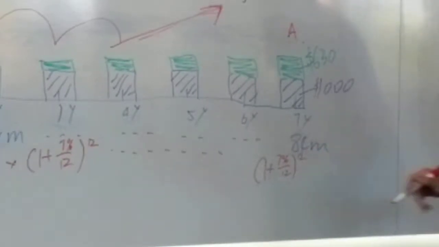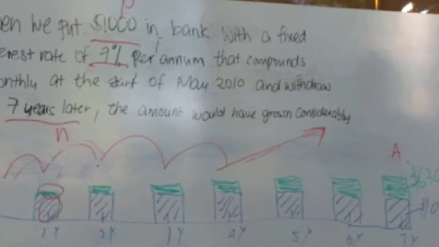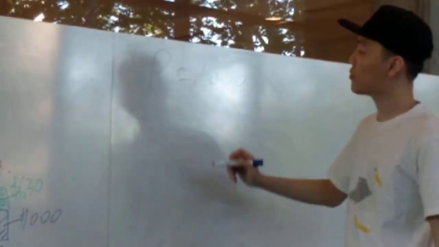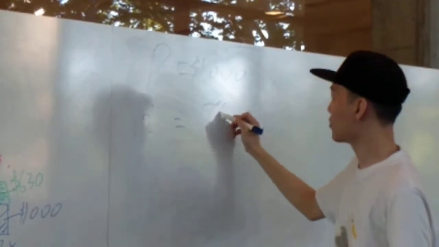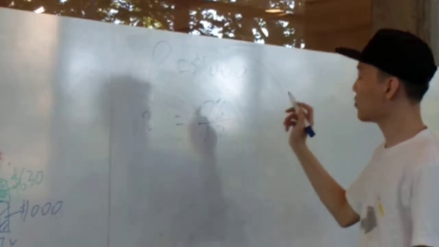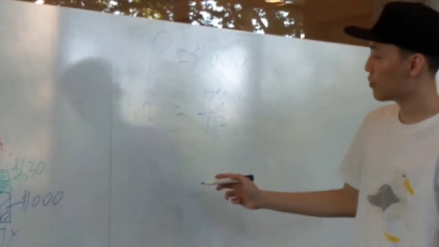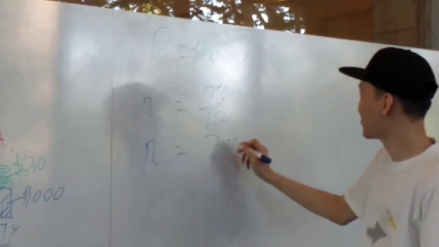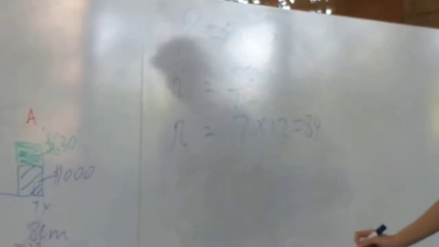So we put it into the formula with P equals 1,000, with the interest rate 7% divided by 12, which is the monthly nature of the compound. The n is 7 times 12 equals 84 months,